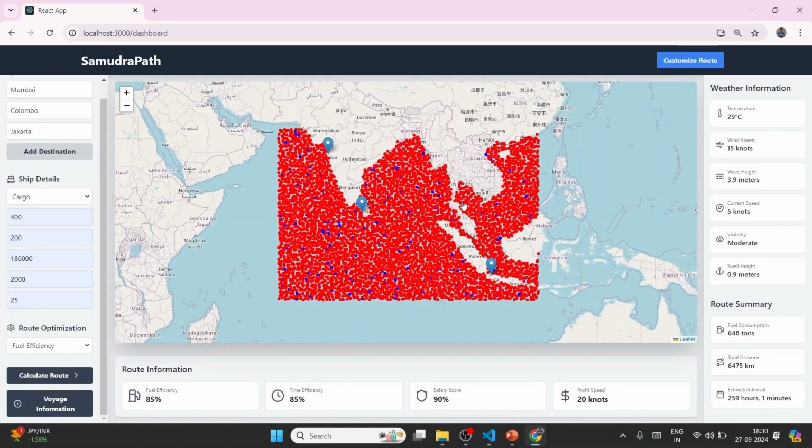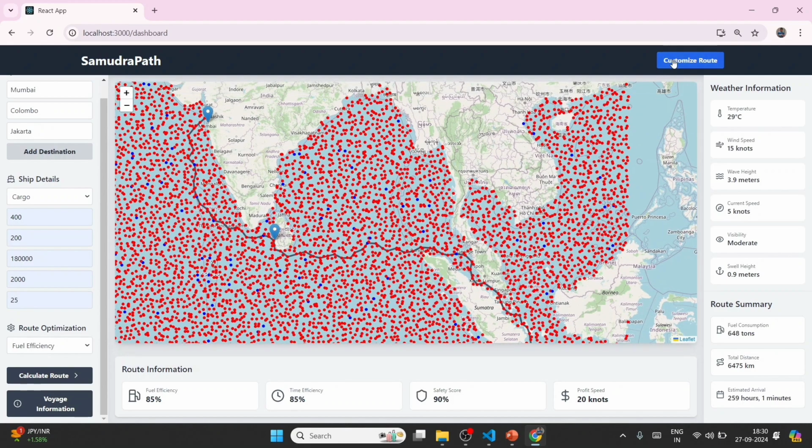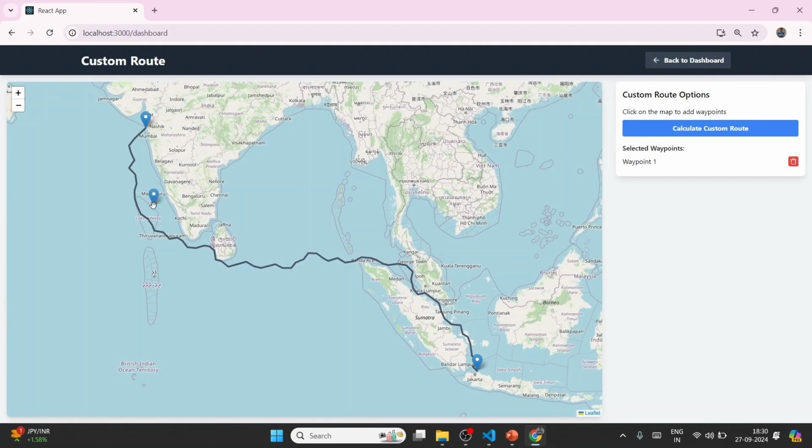One feature which is added is that when the weather conditions are extreme, like if they change very drastically, the captain can manually adjust the route by specifying waypoints or the key locations they need to pass through.